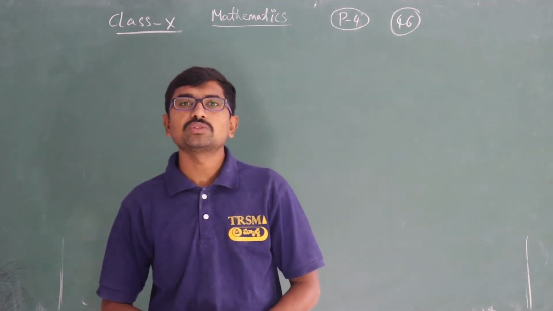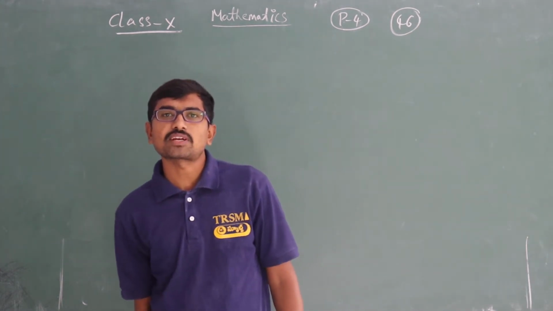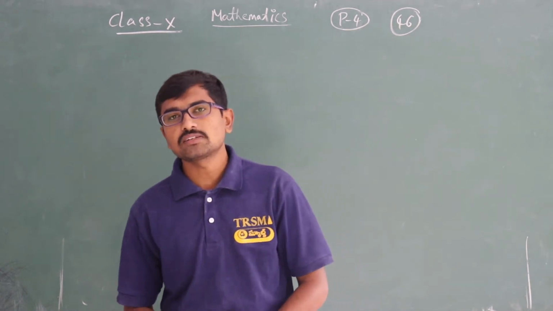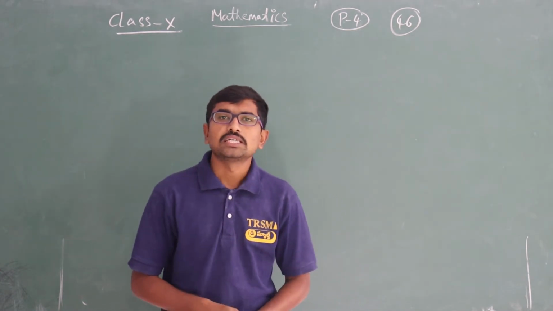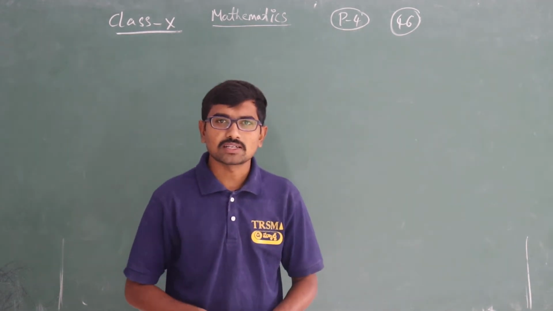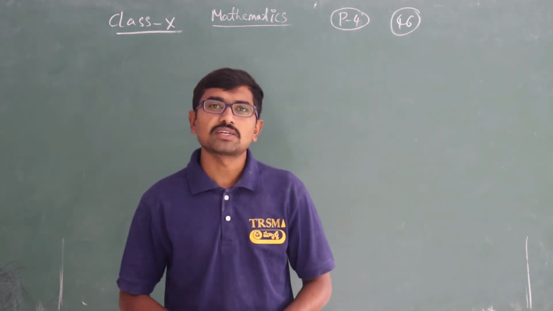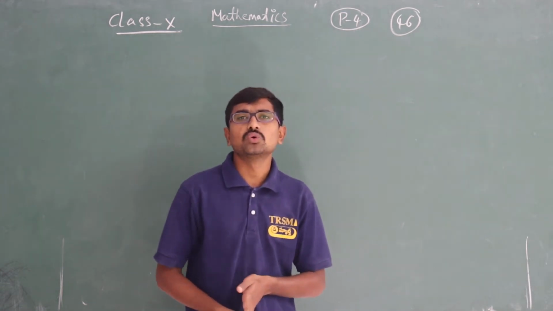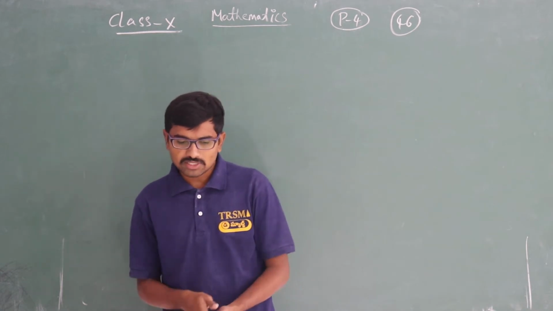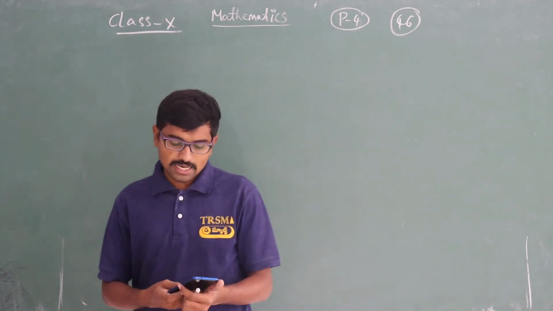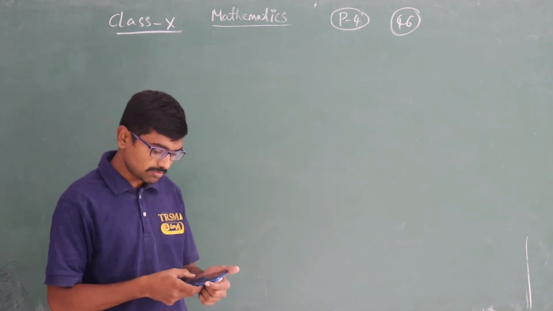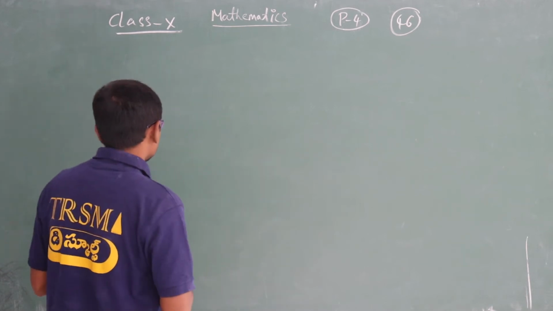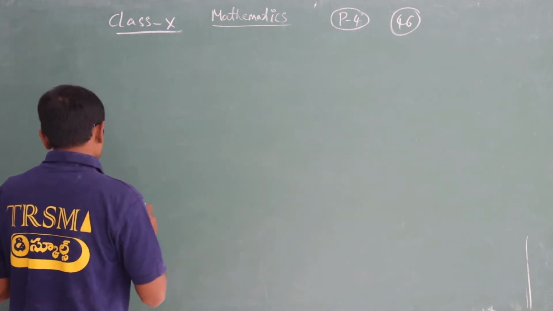As we have started a new chapter, chapter number 11, trigonometry. In our previous class we discussed the definition and the Pythagoras theorem, that is the Pythagoras formula, and after that we discussed the trigonometric ratios and just started Do This, isn't it? In Do This we have completed the first problem, so let us do the second question. Question number 2 in Do This.